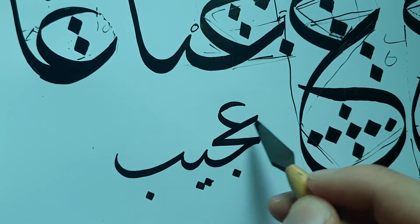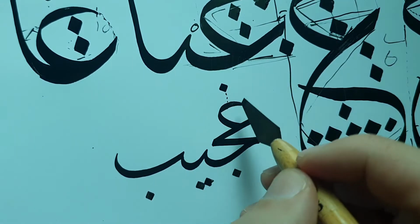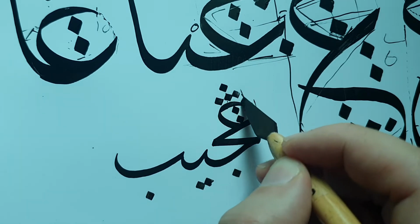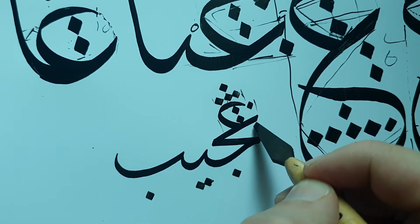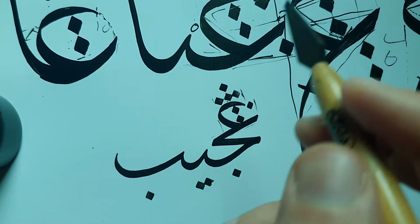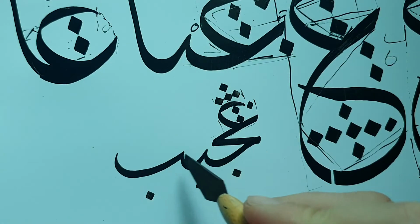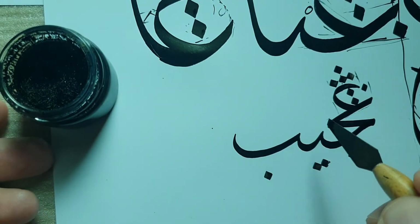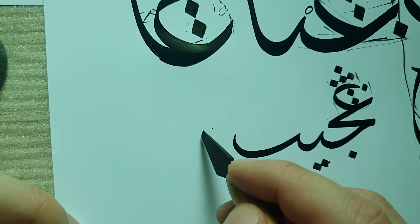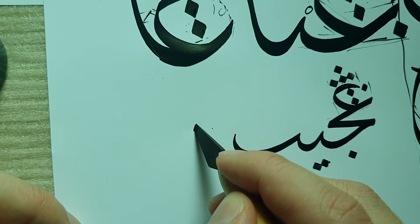Again, if it was like a ghain, you would have the dot for the ghain up here, right in the center. 2 points, 1 point, 3 points. This is the shape that I want you to focus on, which is different from the shape that we just saw for the singular one. Let's try غسق. We've got a ghain,